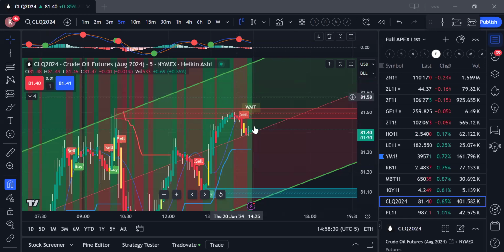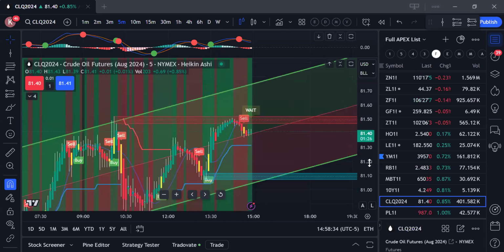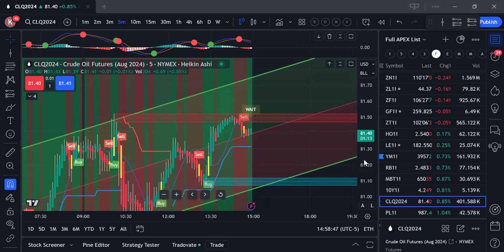Very soon we'll also be automating these things. So automatically they will do the buy and sell. So you don't need to click on buy sell buttons. Whenever it gives a buy, it will automatically do the buy. Whenever it gives a sell, that will automatically happen. But